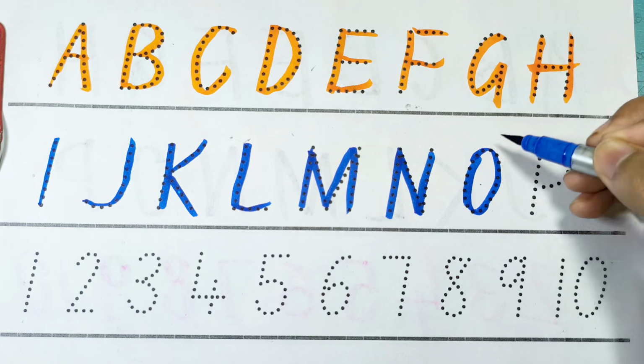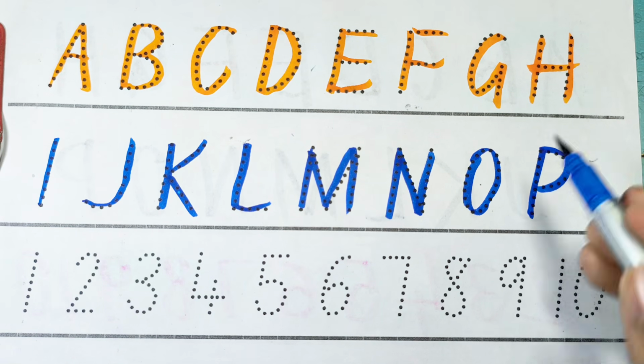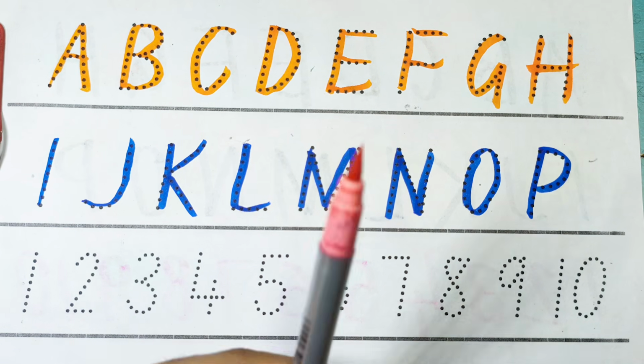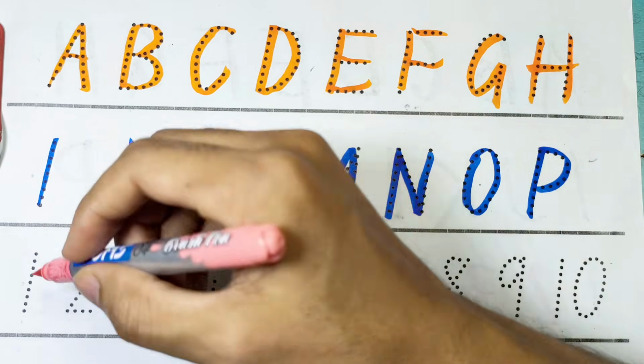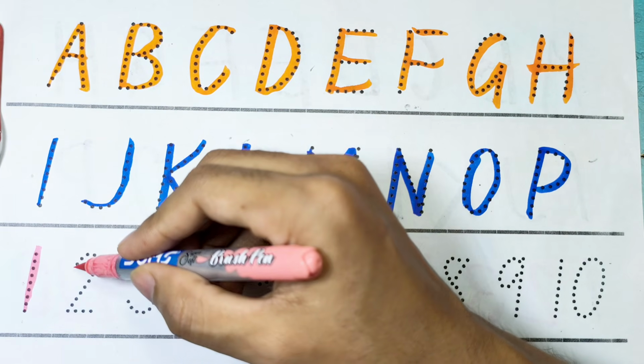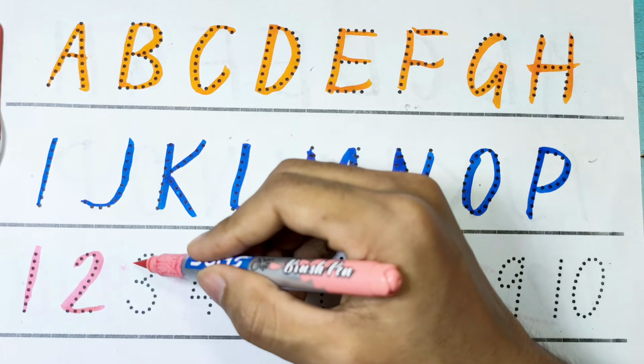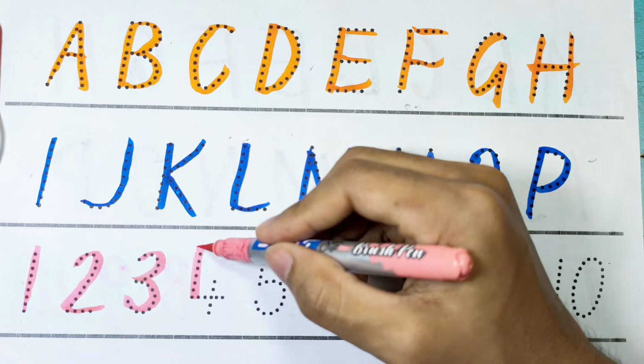Kids, the next one is O. P. P for penguin. Now we're using the color of light pink. Writing the alphabet of number of 1. The next one is 2, 3, 4,